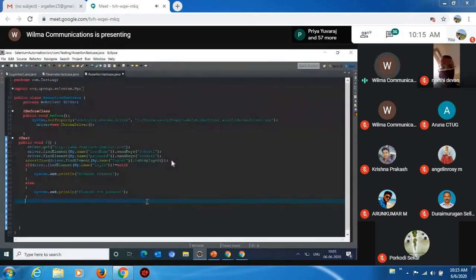So we still have a lot of assertion concepts. When you come to the data provider method, we have some advanced level of data provider method where we can capture information from external files and everything. Apart from that, we have advanced level Selenium concepts, related to which advanced TestNG and Selenium WebDriver frameworks can be implemented. So there are a lot of things still to be learned. This was just an overview and basic idea of exactly how the execution happens at the browser level through Eclipse. That I have explained up to now.